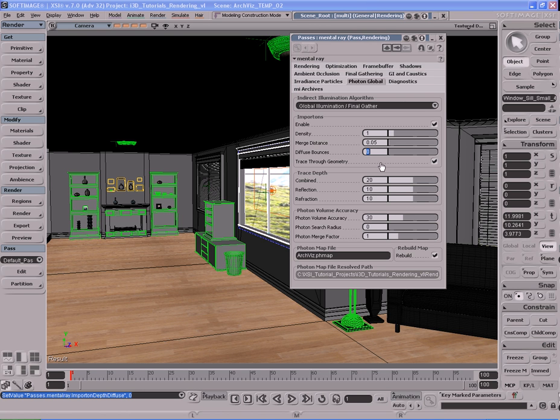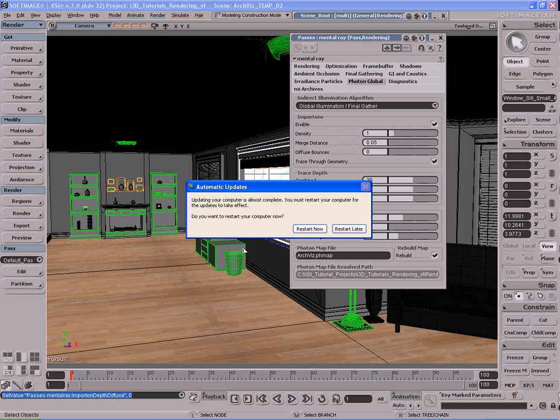I will leave the trace through geometry option turned on. This is a really good thing to do when using importons with global illumination, because what will happen is that the importons will actually go through objects and sample surfaces that are past objects that are not visible to the camera, which in our case can be pretty good because it can give us a much nicer and more accurate lighting solution as opposed to the importons being blocked by,